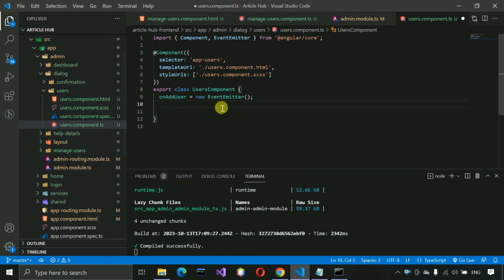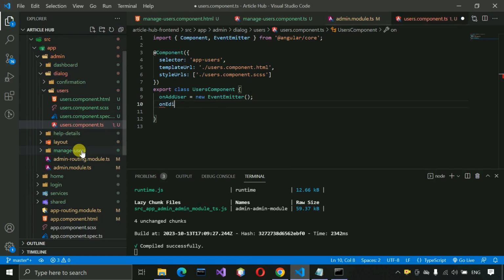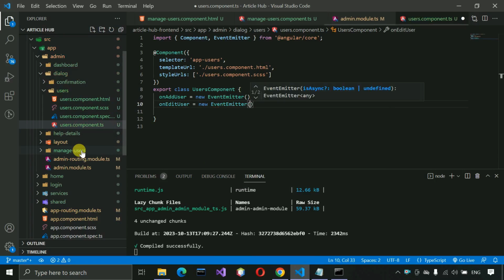So for the emitting purposes, the manage user will get to know that we have to refresh and we have to call again our table data. So for that purpose, let's write here manage user on edit user, and here event emitter, this one,